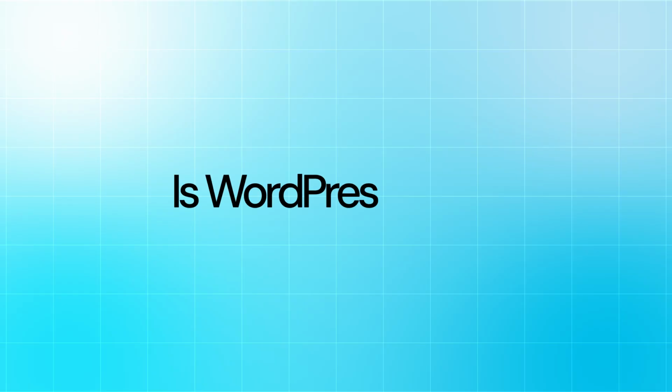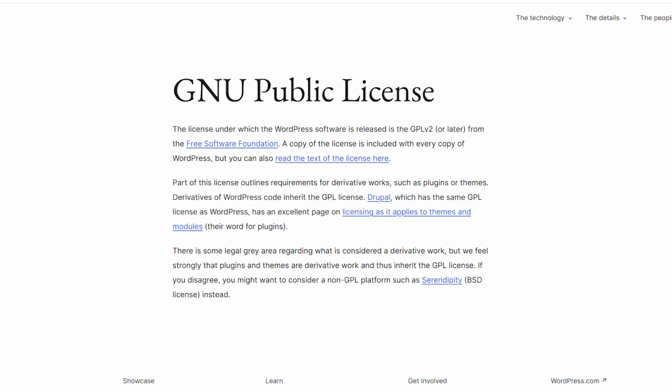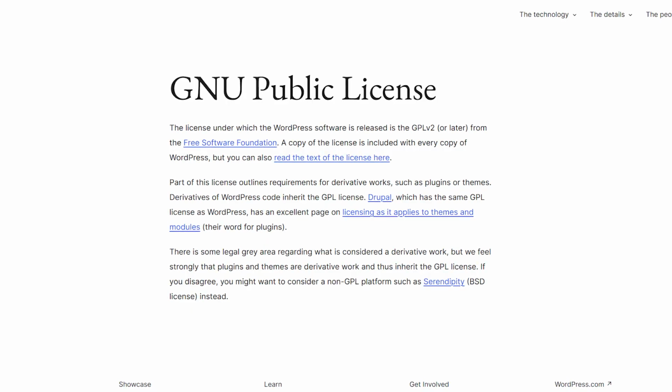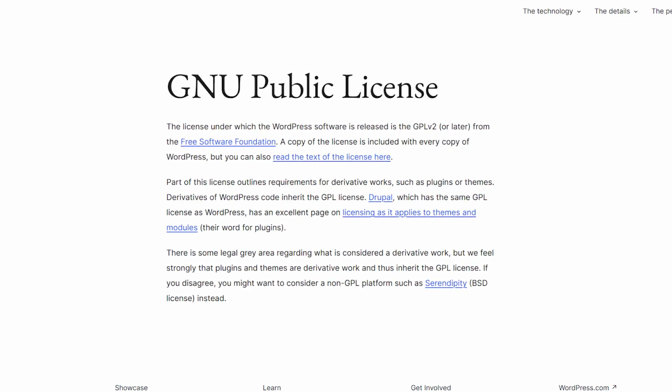The next common question about WordPress is, is WordPress free? Yes, but it requires a little bit more context on what I'm talking about. So as I said, WordPress is free. The software WordPress is actually free. It's actually open source and distributed under the GPL license. Technical language apart, you can download the software and do anything with it that you like.